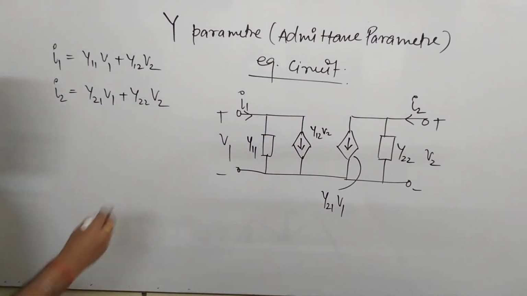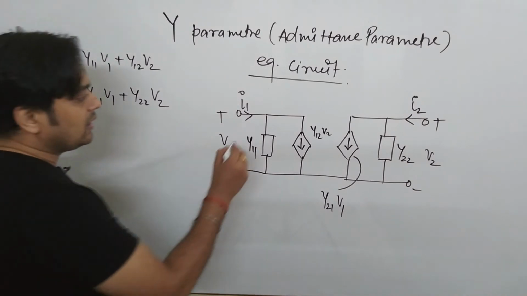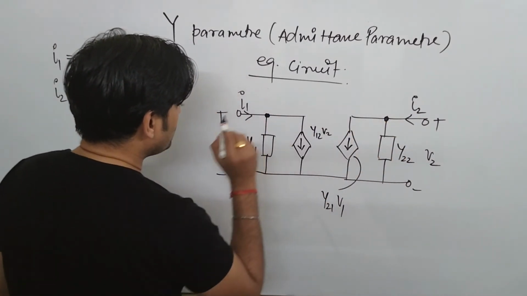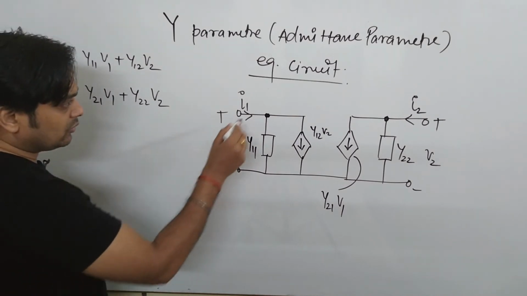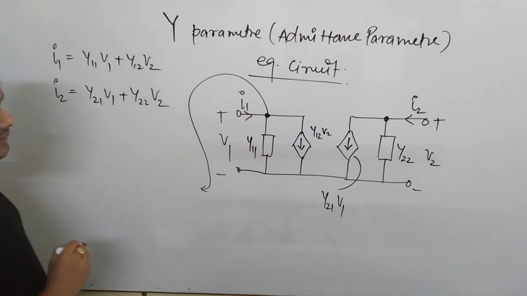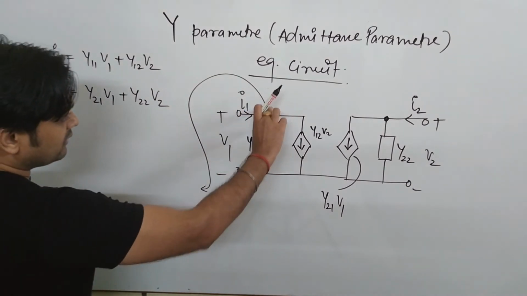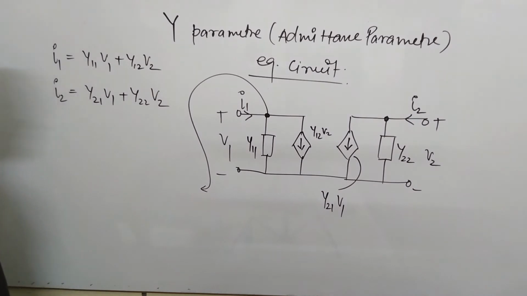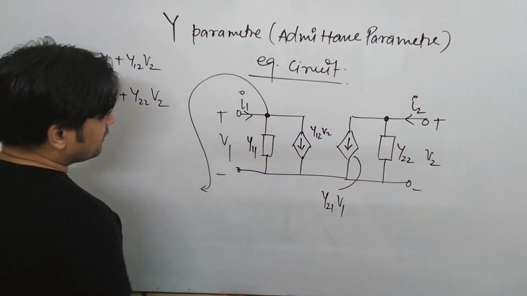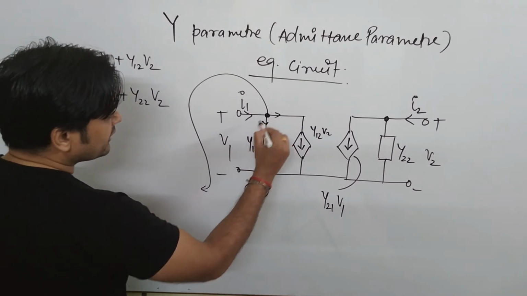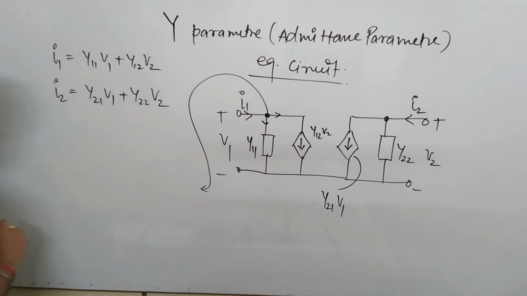So now this is your circuit, very simple. If you want to solve it, we'll see. If this is a node, why am I solving? Just to understand how I have redrawn it. If this is a node and the voltage V1 is appearing here, and you want to write a KCL equation at this particular node, what will be the KCL equation? The current which is going out equals the current which is coming in.